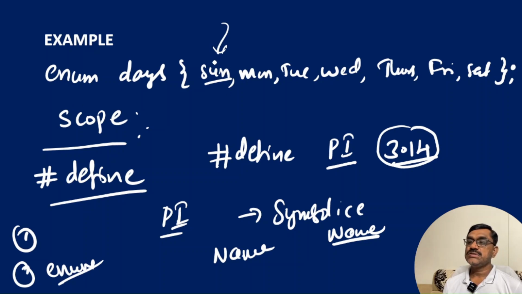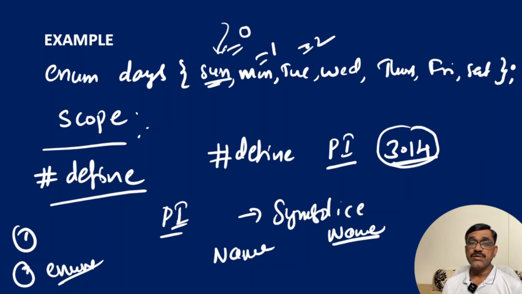Automatically, the name Sunday is initialized to 0. Who is going to give this value? The compiler, by default. But for pi, we are explicitly providing the value 3.14. This is the major difference between hash define and the enumerated data type. So if the first value of the enumeration is 0, then automatically Monday gets the value 1, Tuesday gets the value